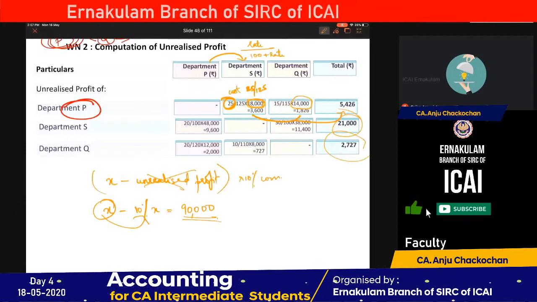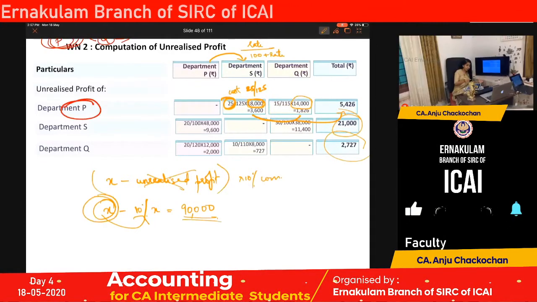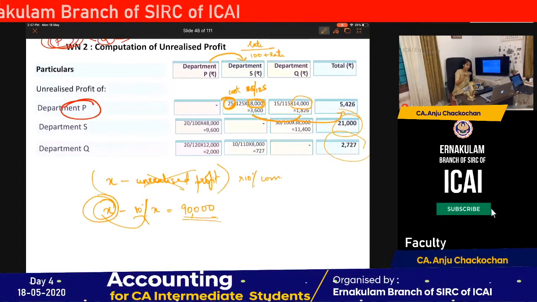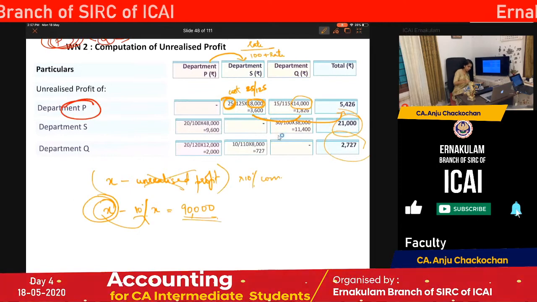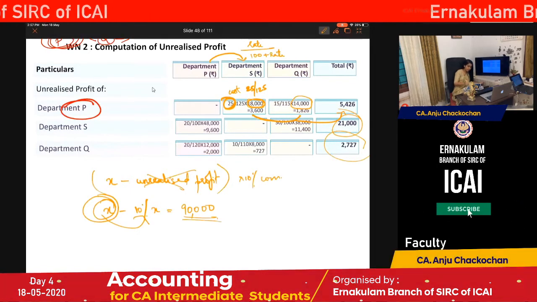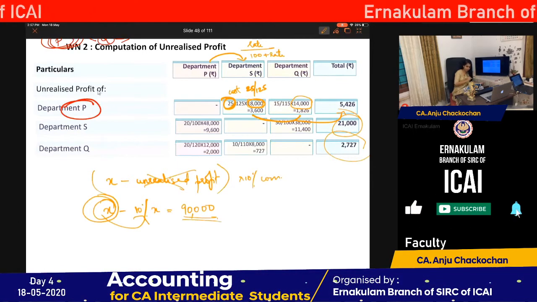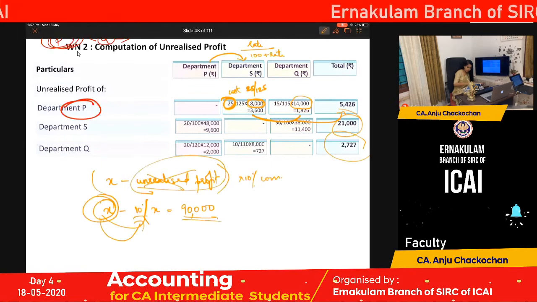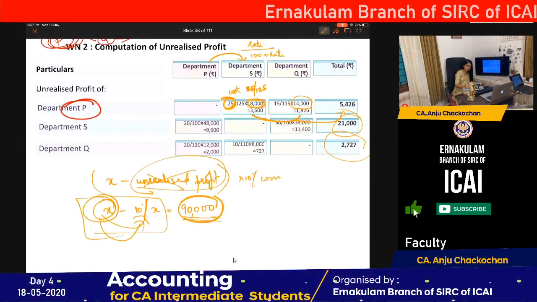See, X minus 10% of X, you got it as 90,000, because this was the actual profit. And from that, they missed out to reduce the unrealized profit. Instead, on this X, they computed 10%. So X minus 10% of X is 90,000. That was the actual profit given. So now you just have to sort out the equation. So X minus 10 by 100